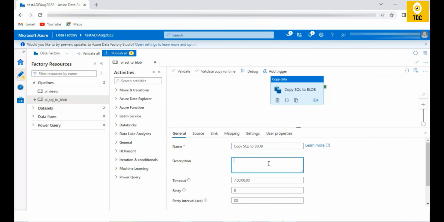And description, you want to give some description for that. So you can give a description. This is just for a user or a developer reference, whoever wants to make it more document oriented. Right? And timeout is nothing but, suppose your copy